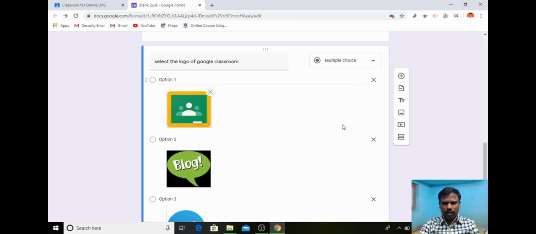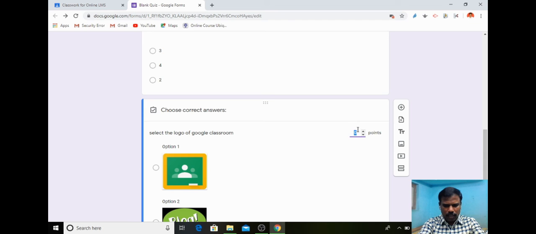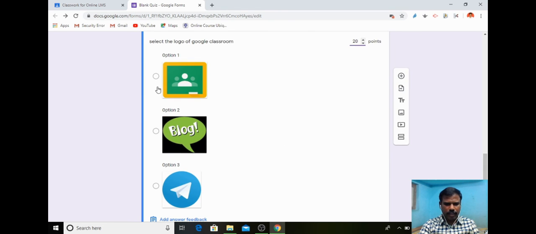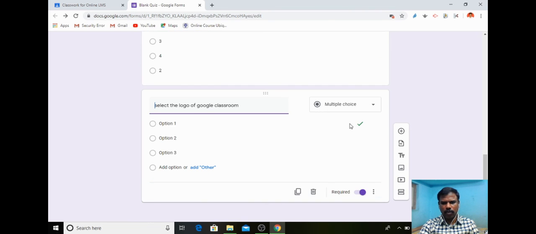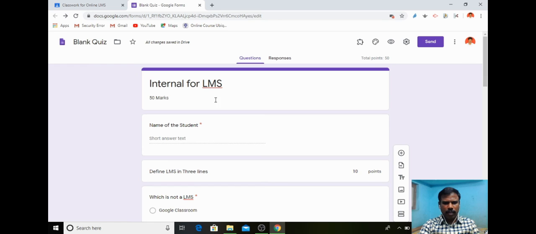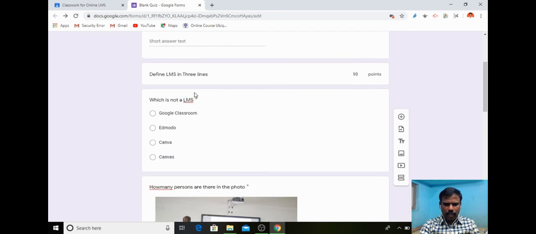Now for this we have to set the mark. So this question contains 20 points. What is the correct answer? I have to select this is the correct answer, and after that, now the 50 marks internal question is ready, and the first question is a descriptive one.